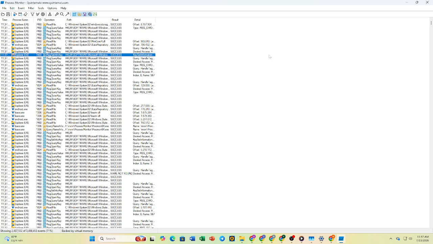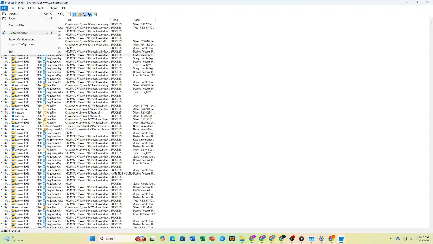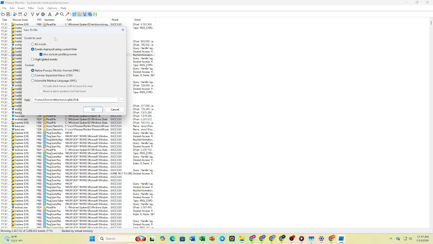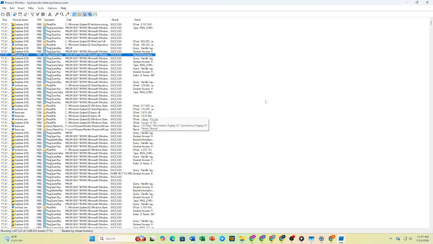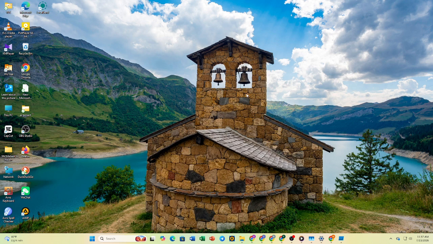After the process is complete, open the saved file later in Process Monitor whenever you need to review the captured activity or share it with a colleague or technical support for further troubleshooting. And that's it. You now know how to save Process Monitor logs and keep a record of important system activity